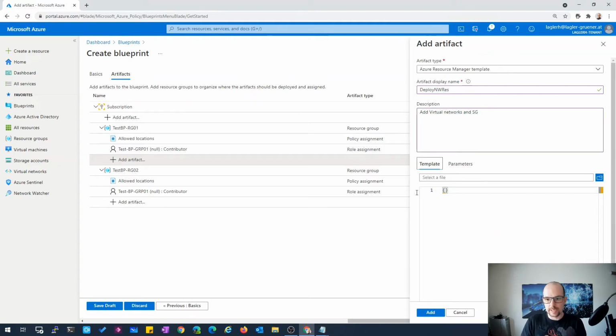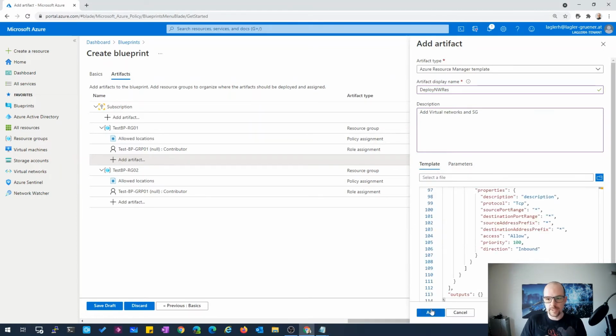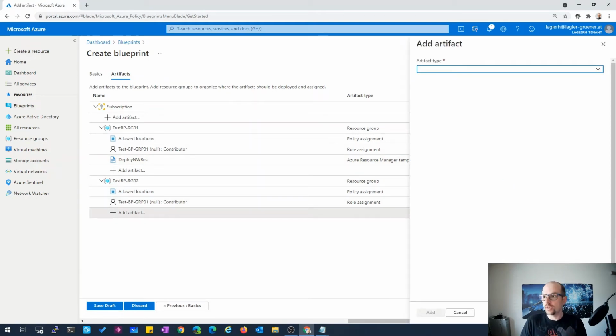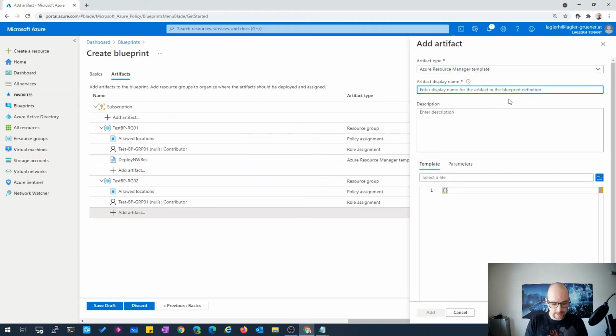Security groups, and here I'm adding an existing template configuration. Okay, great. You can download the configuration from my GitHub account when the video is finished, and I want to add a second configuration for my infrastructure as a service components, like a virtual machine, automation account, and so on. So in this case, deploy IaaS resources, same deploy.